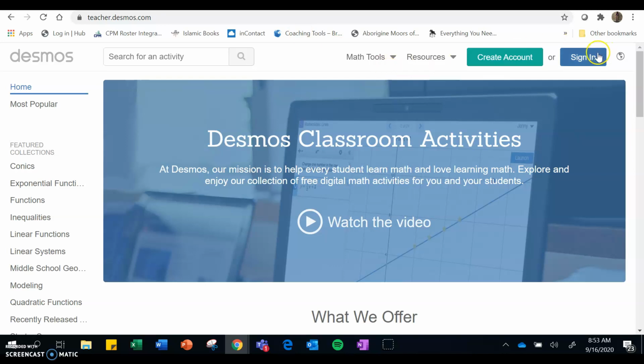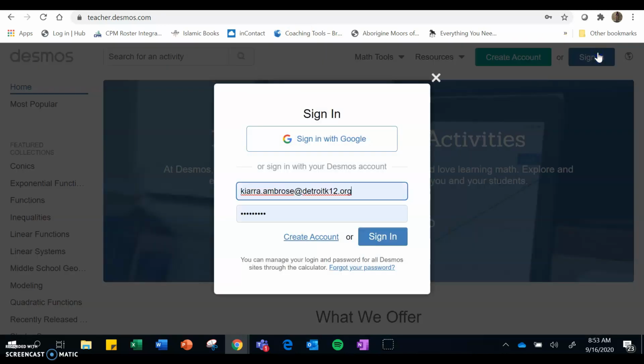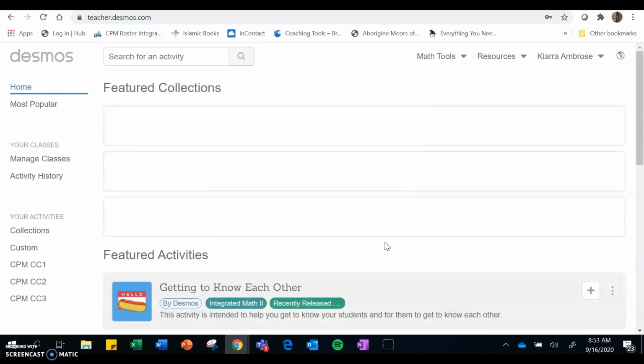We're going to sign in. When you sign in, make sure you sign in with your district email. It is imperative that you use your district email so you have access to CPM. So once you sign in,